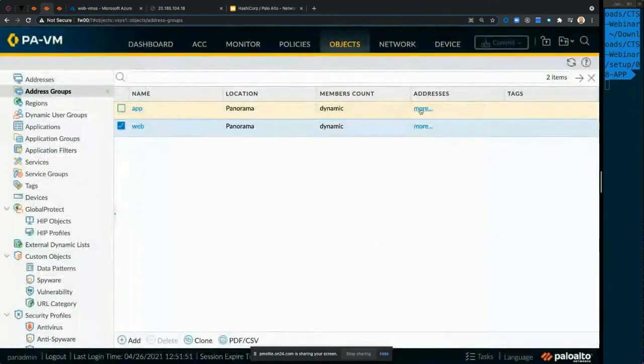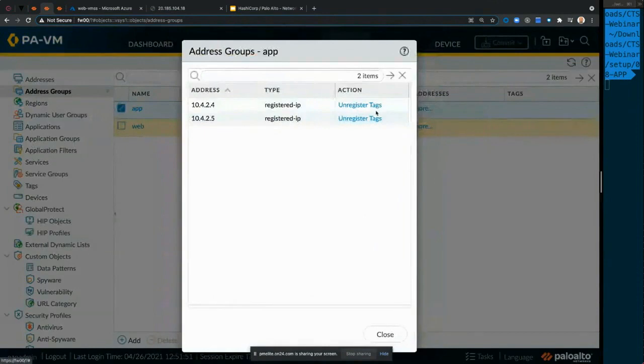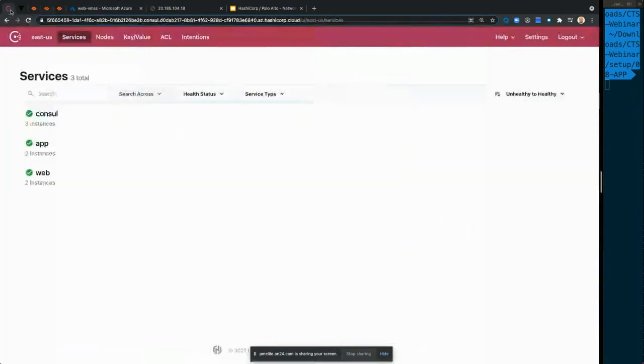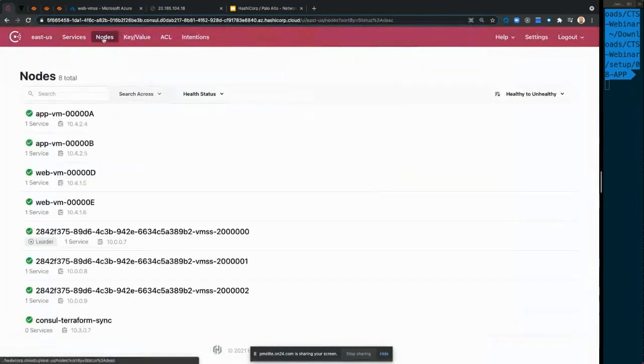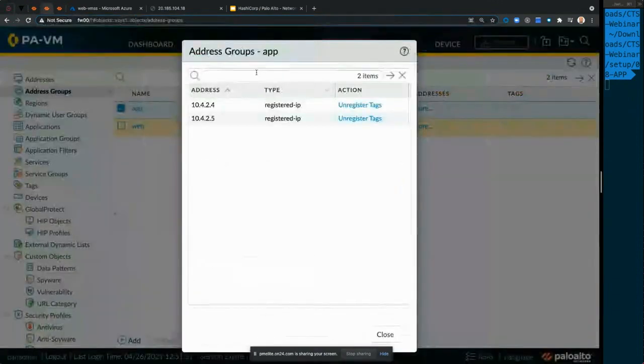So now if you expand to find out what's being registered, you can see 2 IP addresses registered against this app group. These belong to the app servers. If you flip back into the Consul service catalog, you can see those 2 IP addresses, those 2 app servers, registered against this address group.